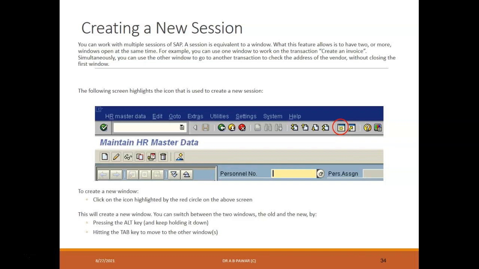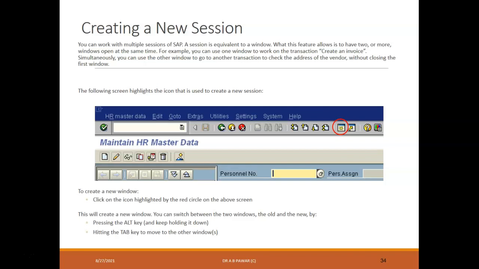Just like on a mobile you may have various windows open, one for WhatsApp, one for your contacts, one for messaging, one for Facebook. When you are scrolling on your mobile screen, you can go from one window to another just by scrolling. And if you want to close all the windows at a time, you may have the option close all by clicking the middle button, or by selecting that close all option, and you can close them together. Similarly, on my computer also I can have multiple screens or multiple windows.